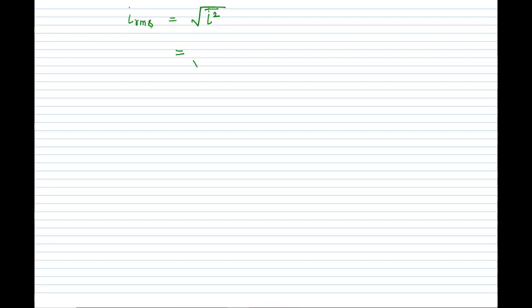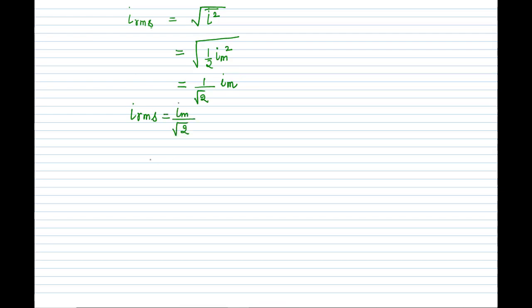So this will be written as root and I square. The mean of I square, we have just calculated, is equal to half Im square. Right? We have just calculated the mean of I square. So the mean of I square is half Im square. Put the value half Im square. So this is equal to, if you take the under root of 1 upon 2, this is 1 upon under root 2. And for Im, this is square and root. So this is Im. So the root mean square value of current is equal to Im upon root 2.